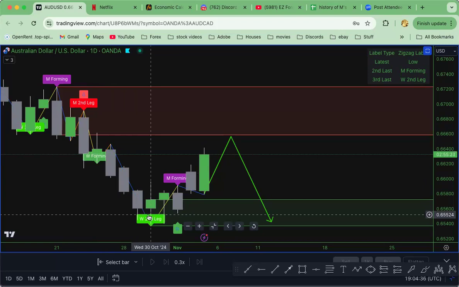So of course, this is not going to work every single time, people. We have to be absolutely realistic with ourselves. But it gives you so much more of a better idea because the M's and W's indicator is showing you where you are in the market, if you're within lower lows, higher highs, lower highs or higher lows. And then this will give you an indication of where you are with support and resistance as well,